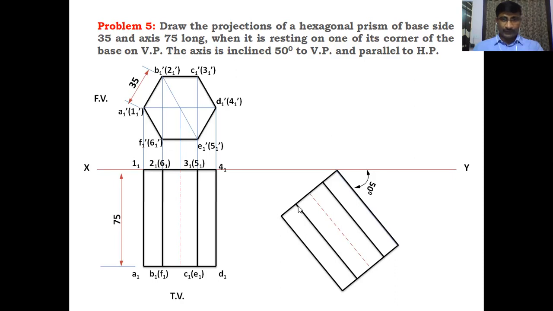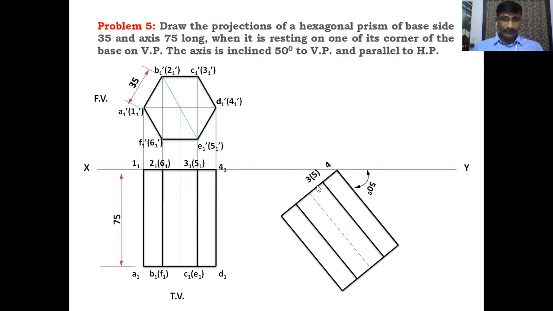Locate that point and draw the horizontal dark line parallel to the edge point, that is the outer edge. And locate the points as they are, because when we locate this solid in this position, the points will be shifted towards the XY line. This is 4,1. It becomes 4 in the second stage, that is the final stage. And the next point is as it is.